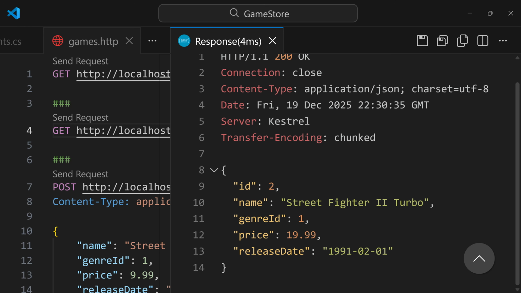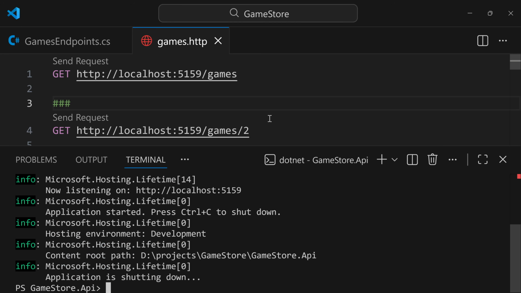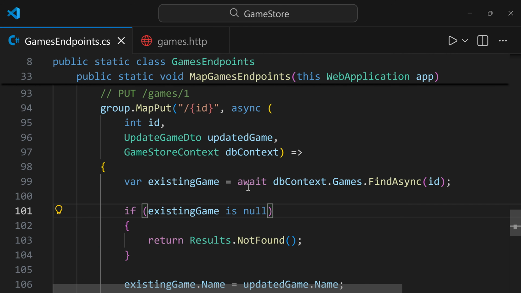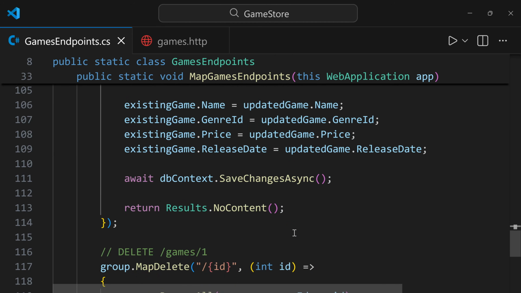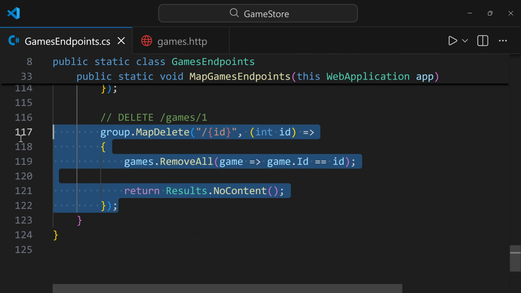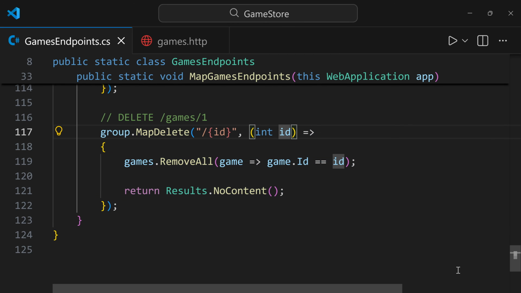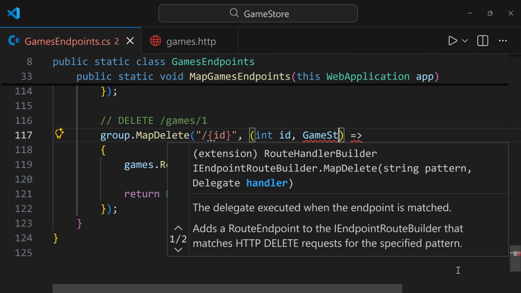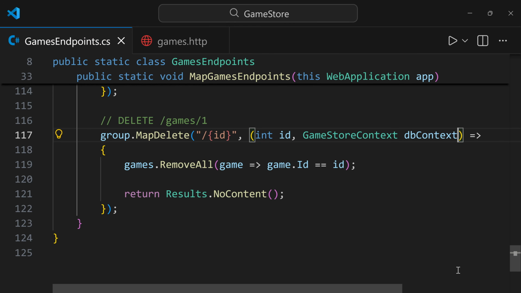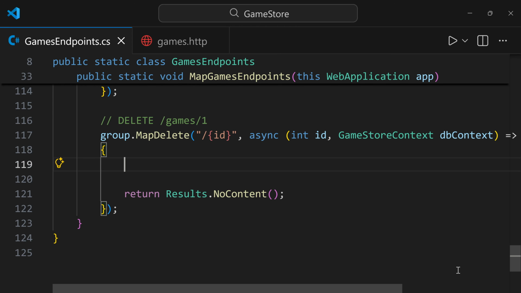Now let's move on to our last endpoint, our delete endpoint. So let's close this. Let me stop my server. Back into games endpoints. We are looking now at our delete endpoint over here. And as usual, we can start by introducing our GameStoreContext, dbContext. We make the method async. And to remove the game from the database, there are a couple of ways. But I think the most efficient one is the following. We're going to do await